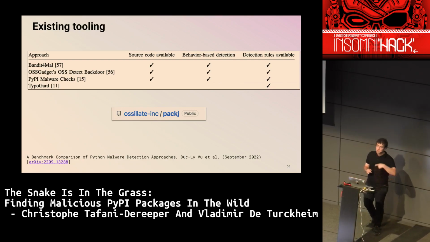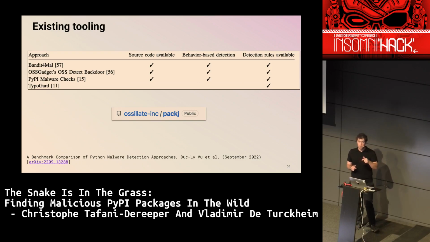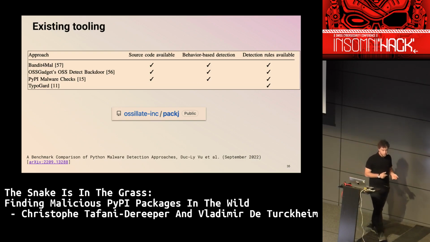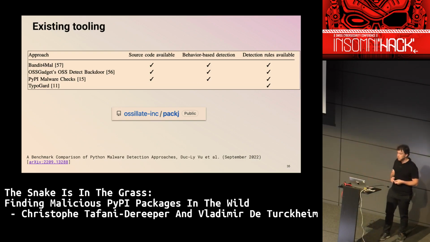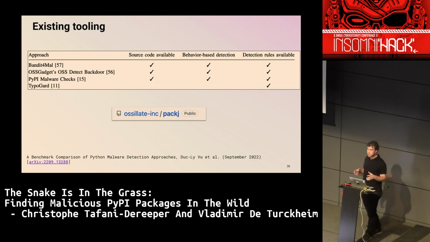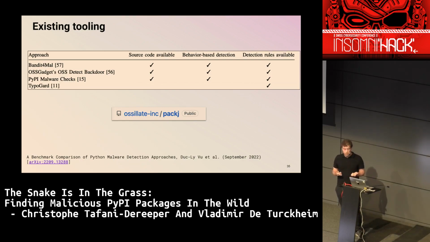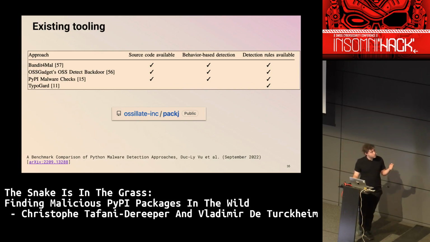So when you upload a package, they are running some rules to make sure it's not malware, but it's fairly minimal, because obviously they cannot afford false positives, and it's only meant to be used in the context of PyPI, so you cannot run that on your machine. And finally, there is TypoGuard, which is more meant to detect typo squatting, so it's a very specific set of